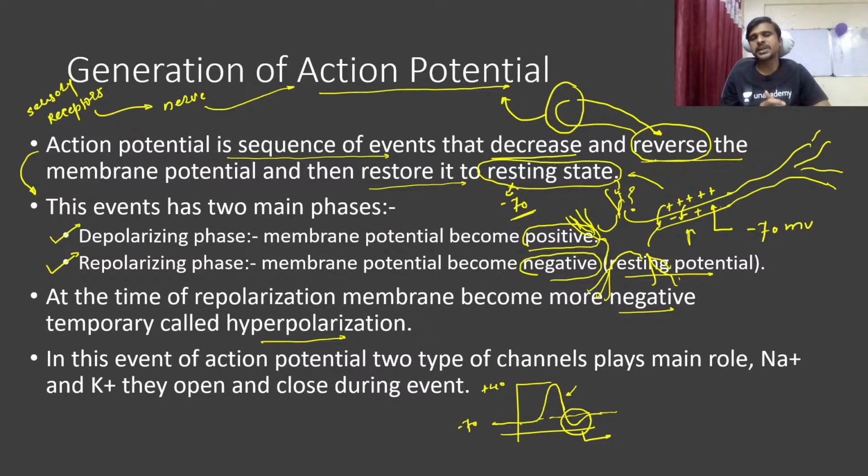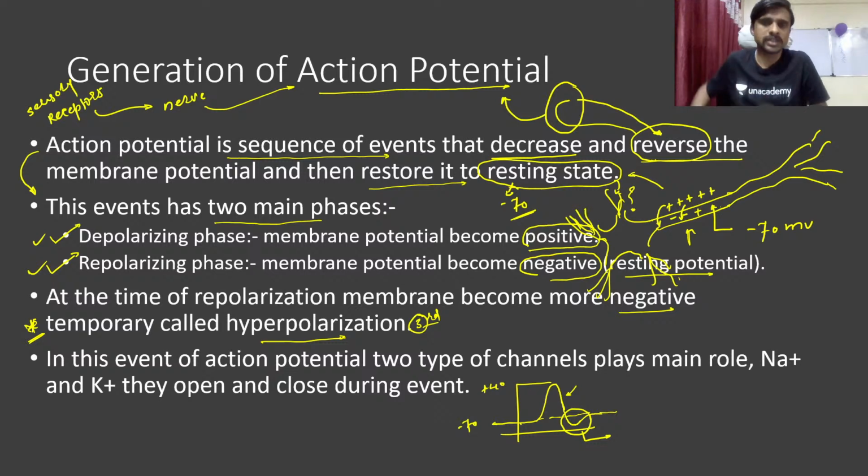Okay, so in the refractory period, what happens, guys, is that the resting potential of your membrane becomes more and more negative for a very short amount of time, and that's why we always call it the temporary phase. Actually this is the third phase. Hyperpolarization is the third phase, but the main phases are the depolarization phase and the repolarization phase, and that's why I wrote here the two main phases. And this is the third, the temporary one. If you see the function or the property of this hyperpolarization state or the refractory period,